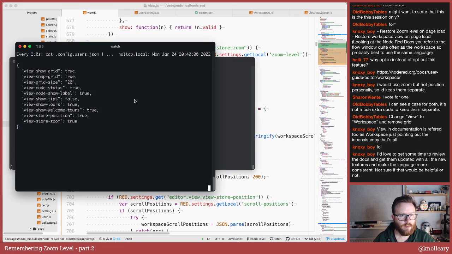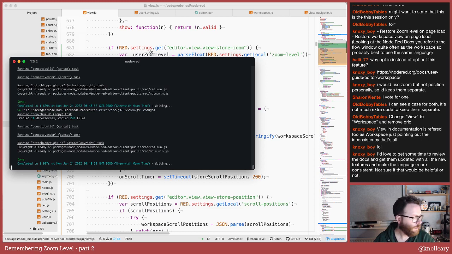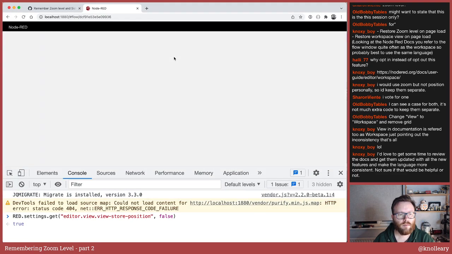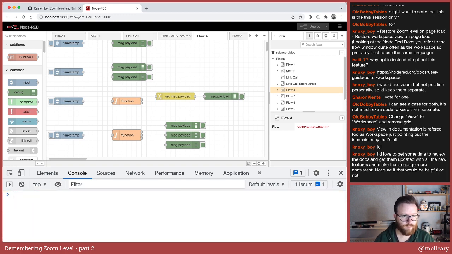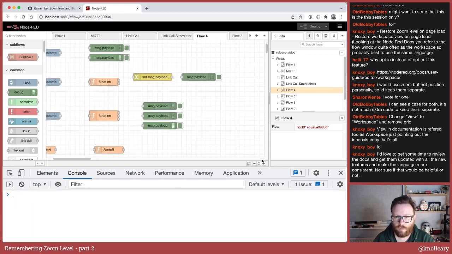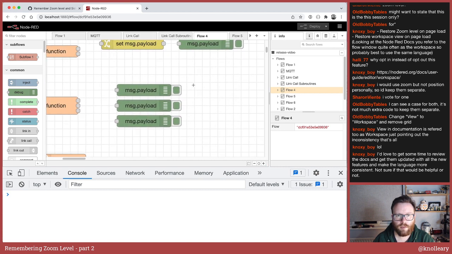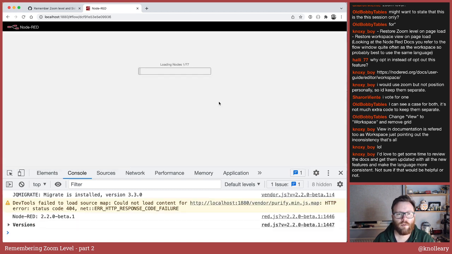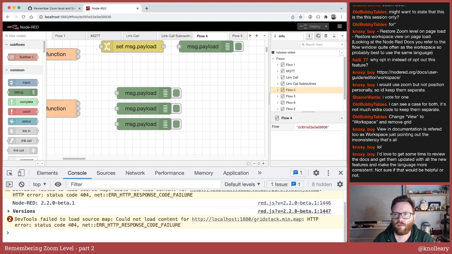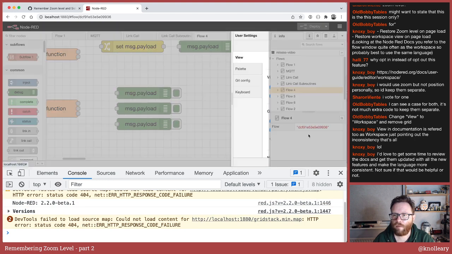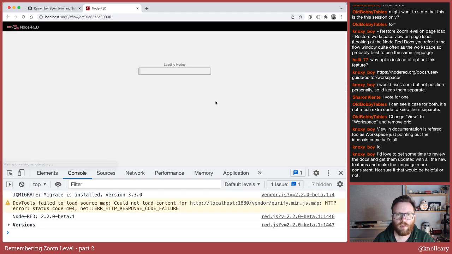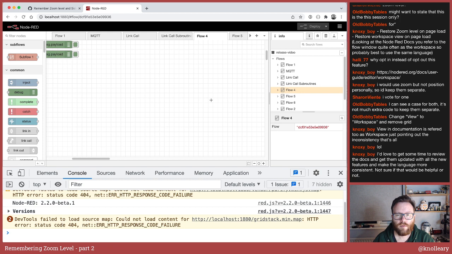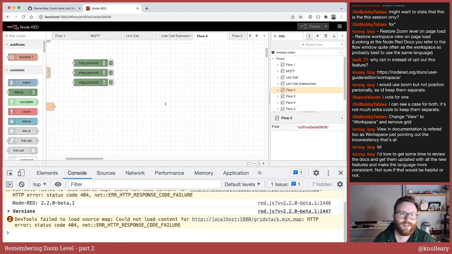Right. Let's kill that. That's reloaded. Let's reload this. So it has restored my position. Reload. Yep, restored that. So now if I go into settings, turn off restore zoom level, reload. Well, it's restored my position, but because my zoom level has not been restored,